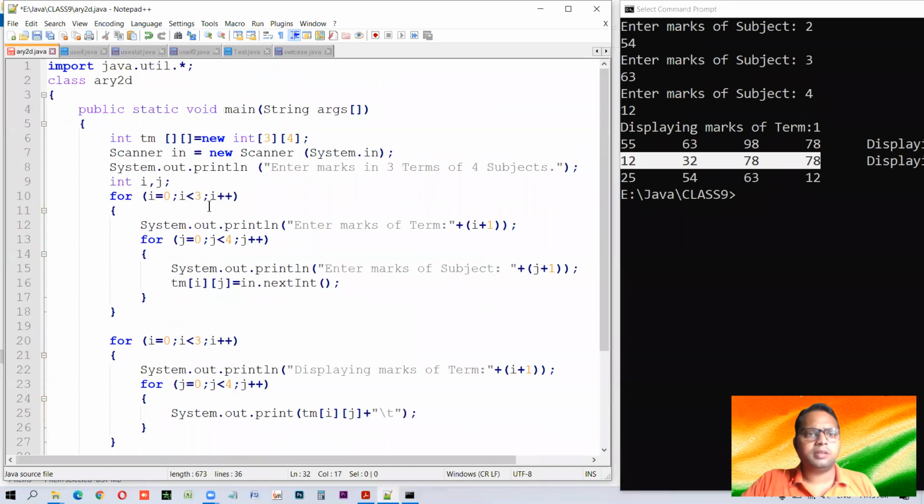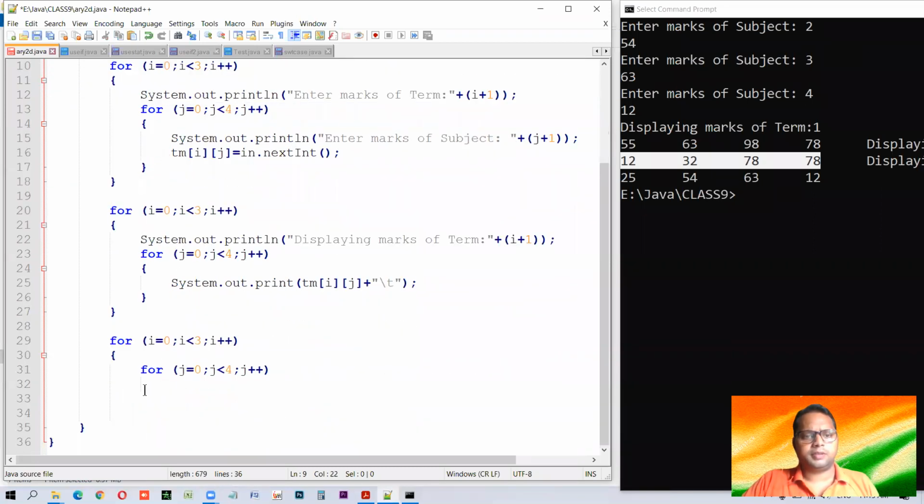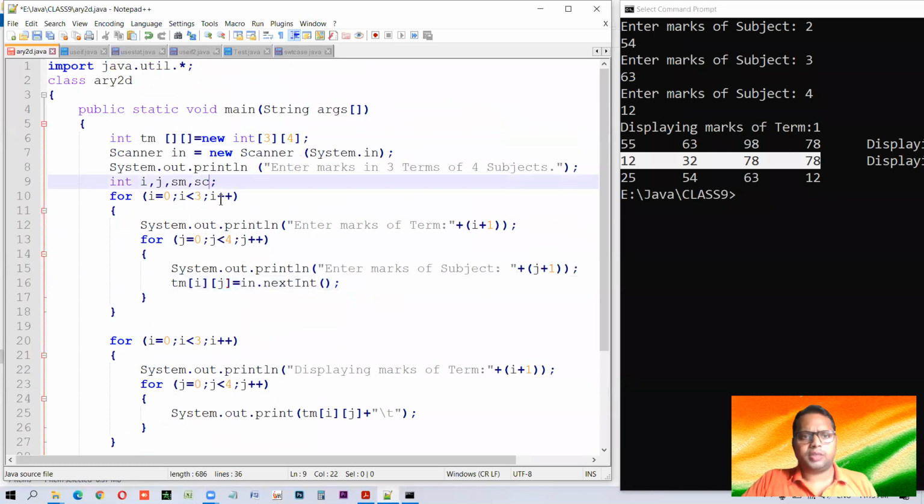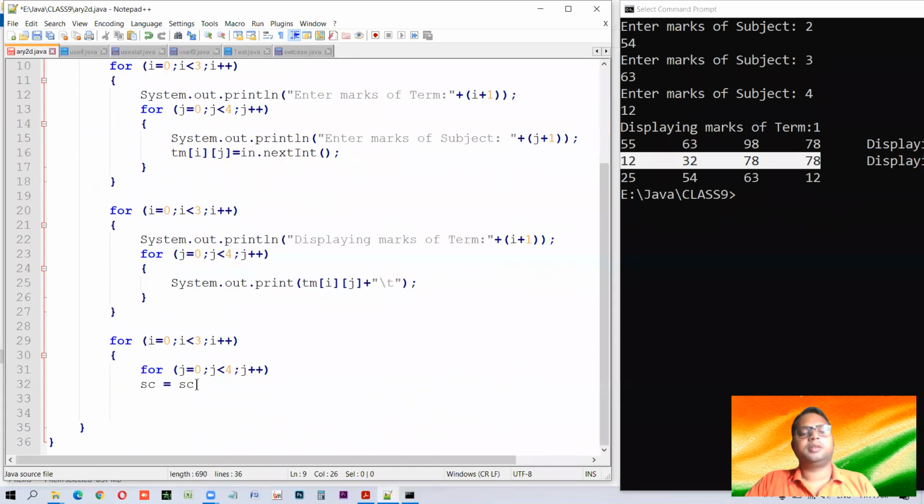Take any variable, sum of row, sum of column. Okay? So here, if I've taken i, j, okay, fine. Let us take sum of column first. Sum of column. Let's see. Wait. A lot of modification we need to do. So I'll show you everything from the very beginning. So you need to watch it very carefully and try to understand and do practice, experiments, so that only it can run.